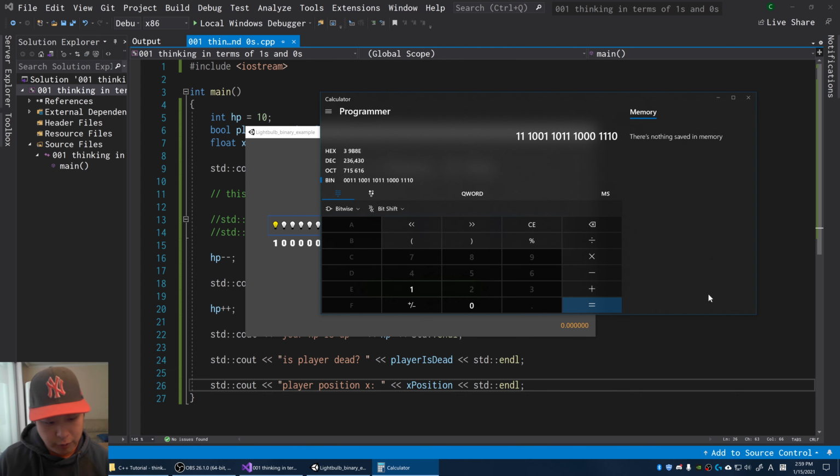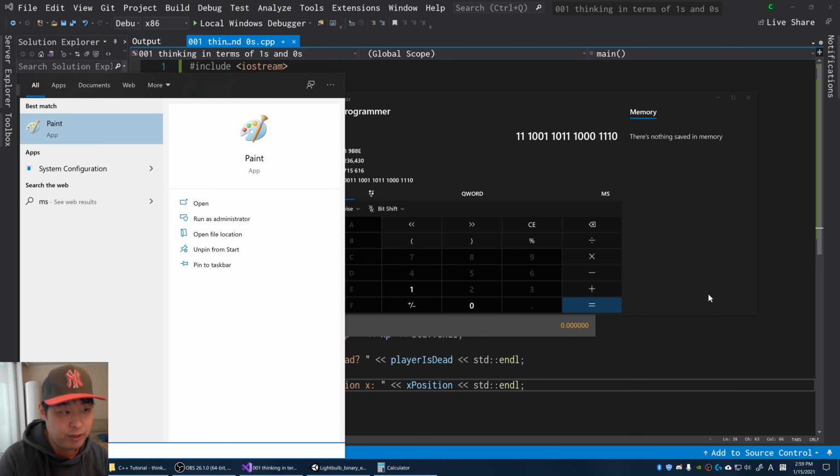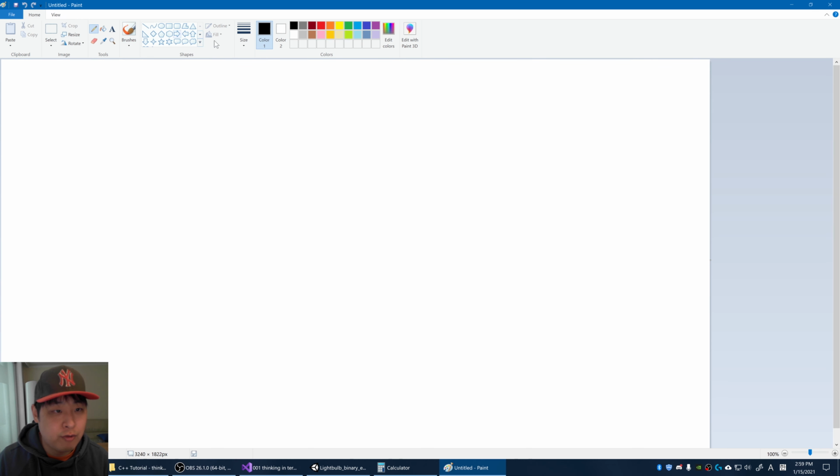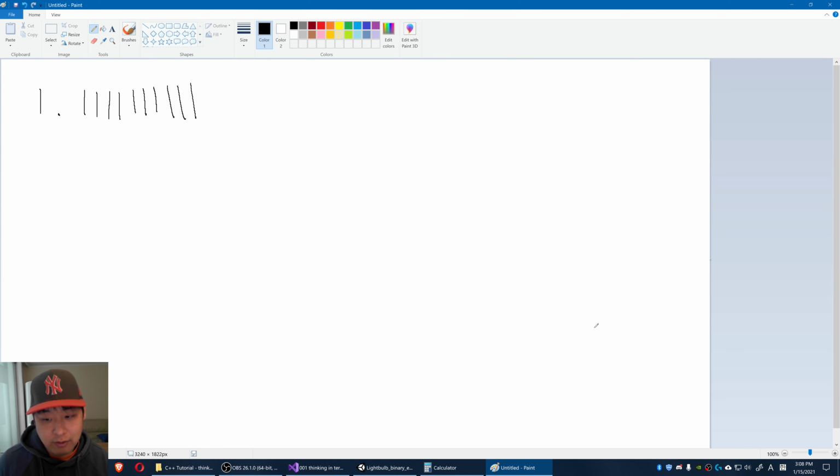But what about decimal points? Let me get my MS Paint and pretend that you're writing on a piece of paper. To express decimal points, you can just go 1 dot, or 1.11111. You can just keep on adding more numbers. But like I just said, ones and zeros are limited on your computer. You can't just slap on more numbers when you're coding. So people decided that floats are going to use the same amount of ones and zeros as integers. We just have a different way of interpreting those ones and zeros.